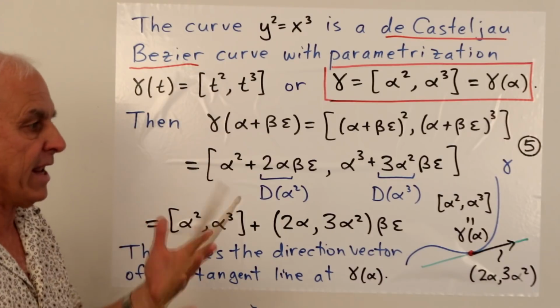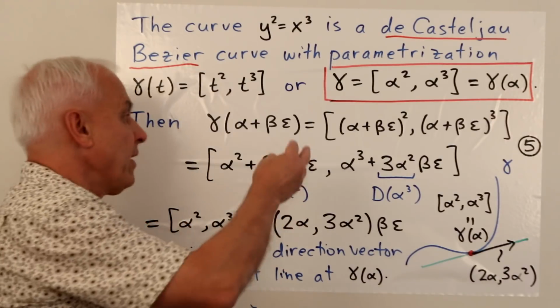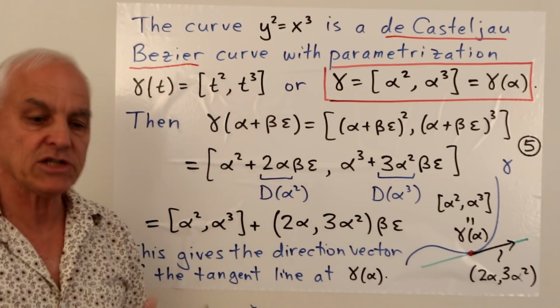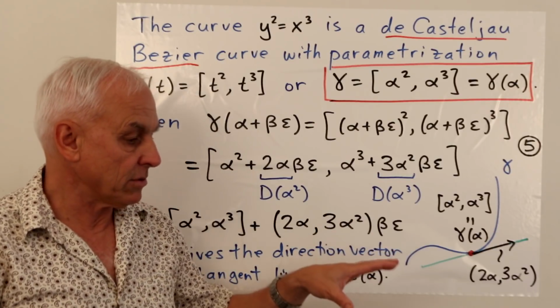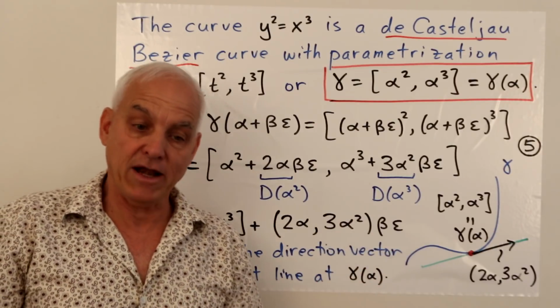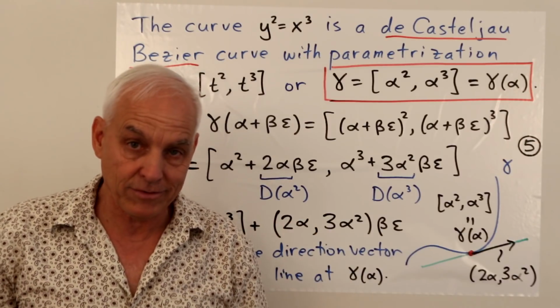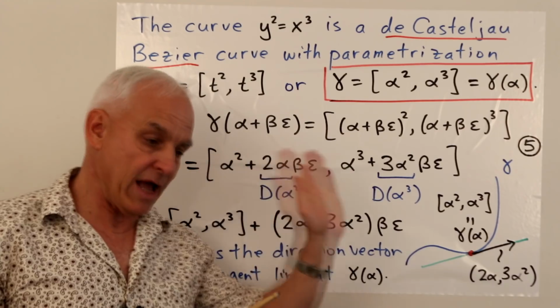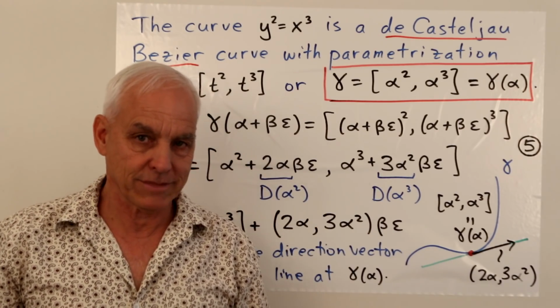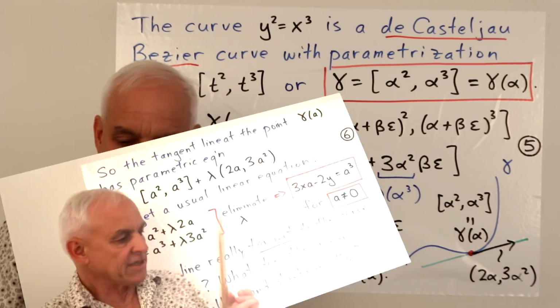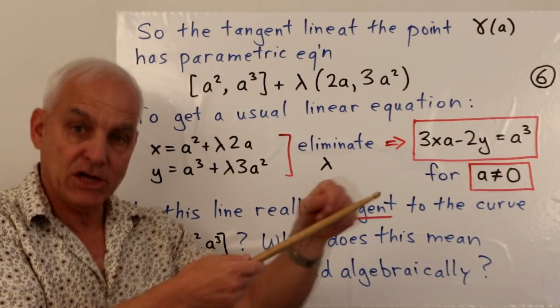This is a way of getting at the tangent line using infinitesimals, which doesn't involve any secants or limits, because over a finite field or over a general field, we don't have those things available to us. But we always have this purely algebraic approach. It's more powerful. So this is the kind of description of the tangent line that we've obtained.